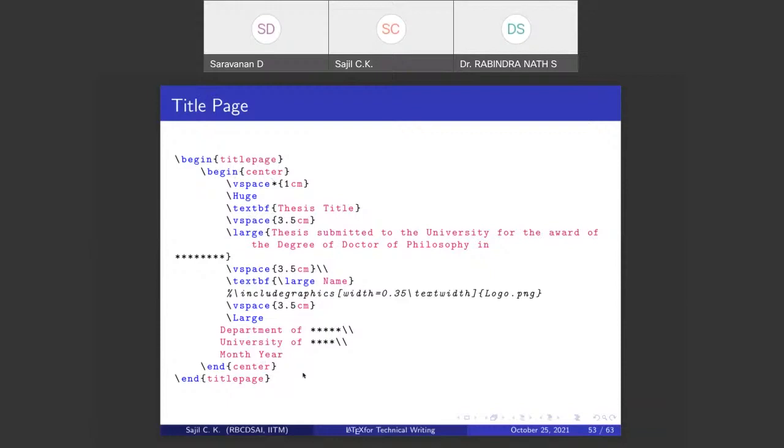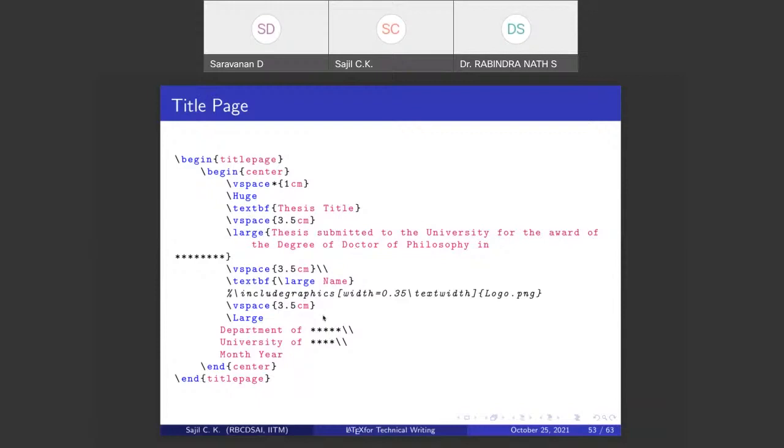Many universities have their own templates for submitting theses. If LaTeX templates are available, then you don't need to create this; you can use those templates. If not, once you create one, or your senior created one, then your juniors can also use it, like how the front page should be, what font size, how much spacing, and whether there is an emblem.